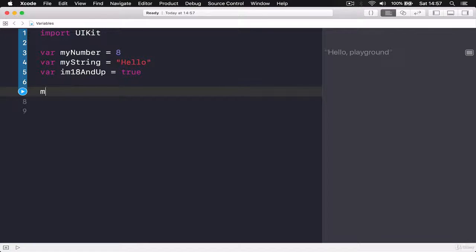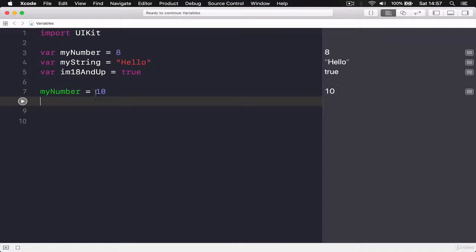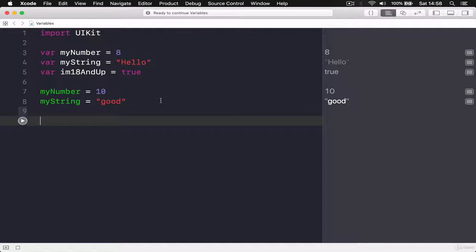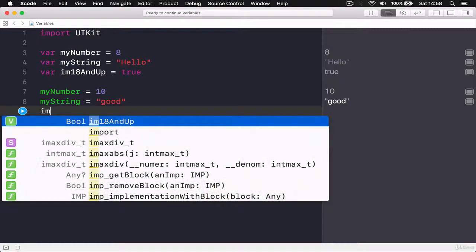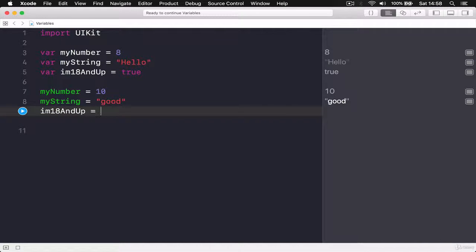So if I say my number is equal to 20 or to 10, this is perfectly fine. If I run, it will show that here my number was 8 and now it's 10. If I say my string is equal to, and we put a string, now my string is equal to good. If I change I am 18 and up to false, which is not true, the value will be